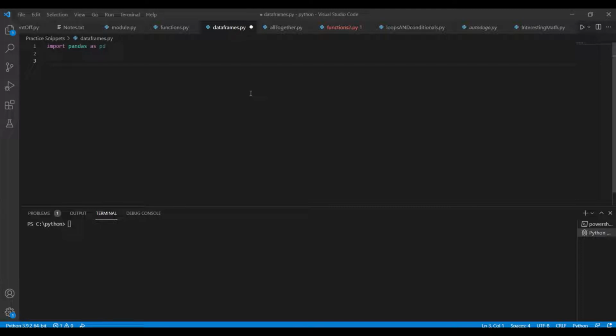Anyway, today we are going to talk about data frames. So import pandas,